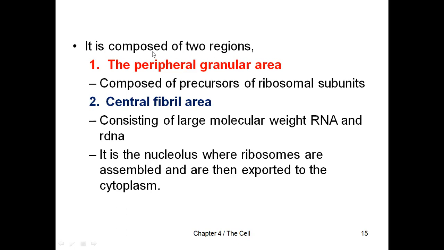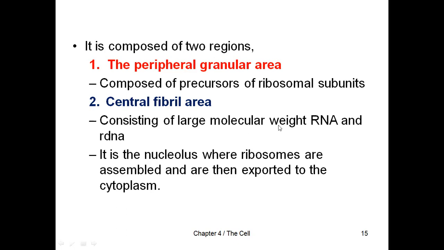And which divalent ion helps them in joining together? Ma'am, I don't remember that. Okay, that is the magnesium ion. Magnesium ion helps them to join together. Yes, ribosomal subunits are made up of larger subunits and smaller subunits, and they are present in the peripheral region, which gives it a granular appearance. This is the introduction of the peripheral region of the nucleolus. Then the central region of the nucleolus, the central fibril area.